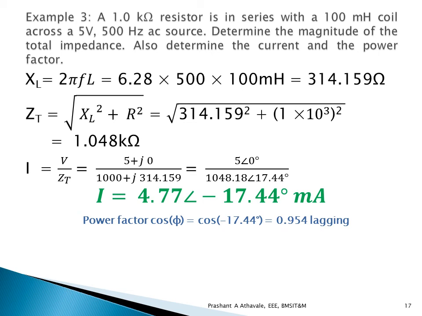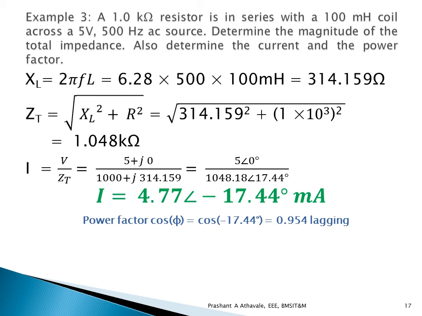So this is a 1 kilo ohm resistor in series with a 100 millihenry coil, and this is being supplied by a 5 volt, 500 hertz AC source. You will have to determine the magnitude of the impedance, then determine the current and also the power factor. So you can see that the